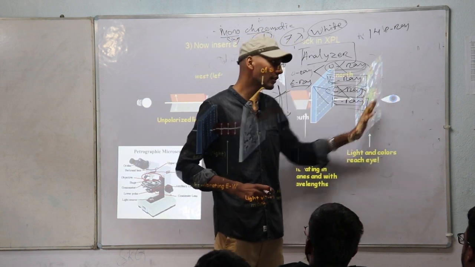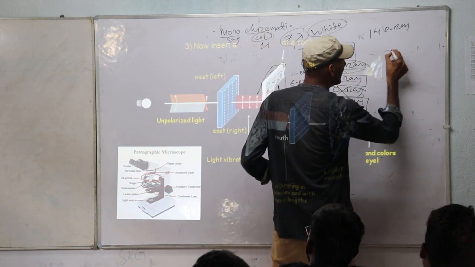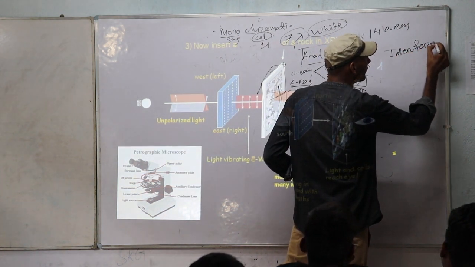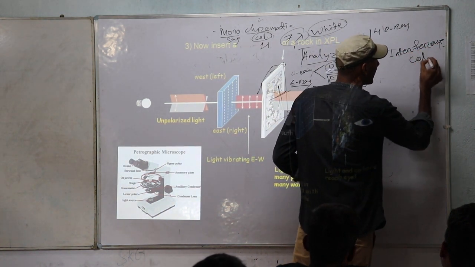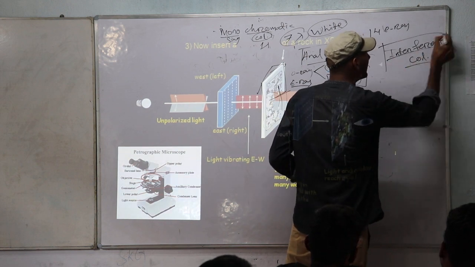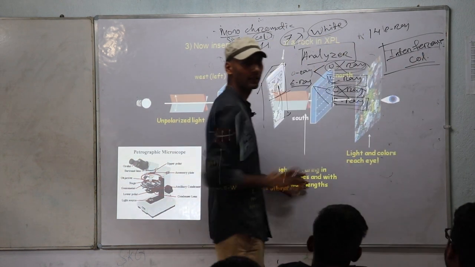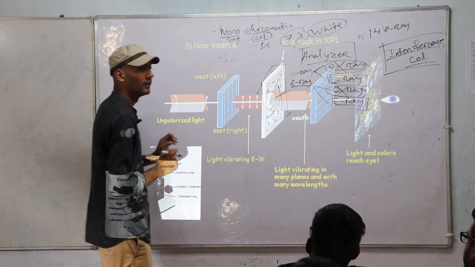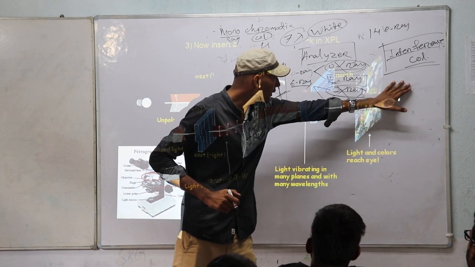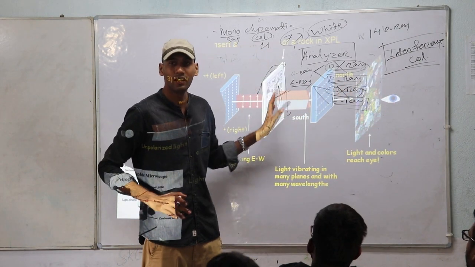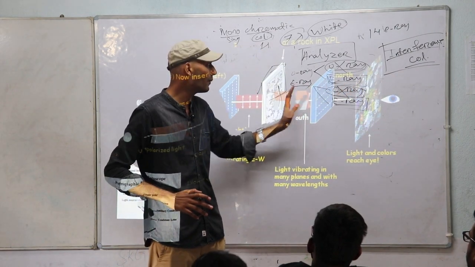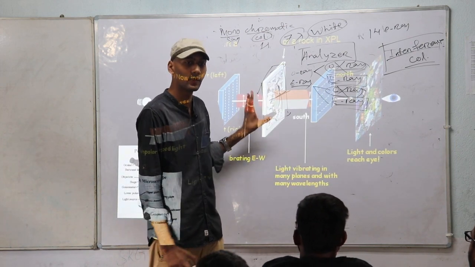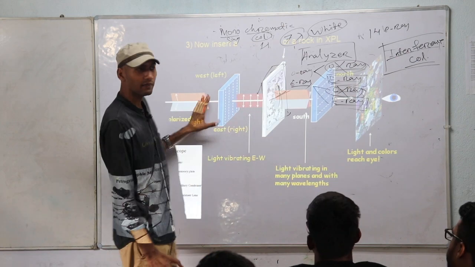That is not the actual color. That is what defines the interference color, right? If we are talking about interference color, we write in the definition that it is a false color. It is not the true color of the mineral. The true color of the mineral is different. But this false color is produced due to the selective passing of the rays through the analyzer. That depends upon the properties of the mineral. Got that concept?